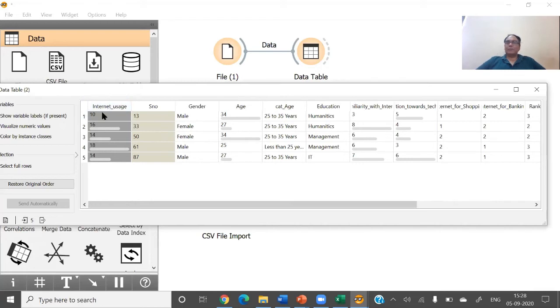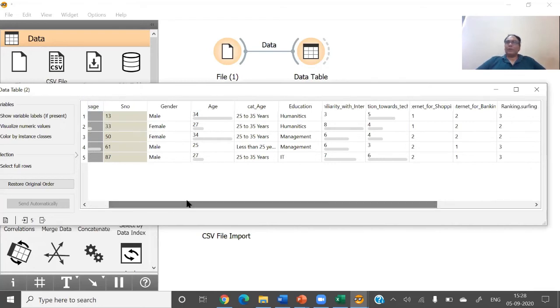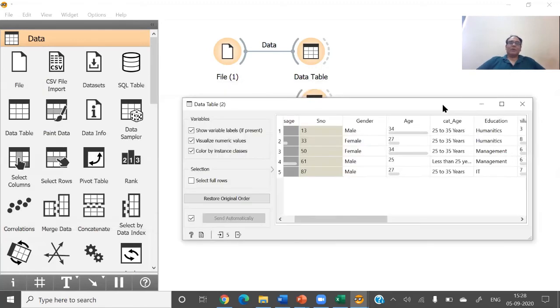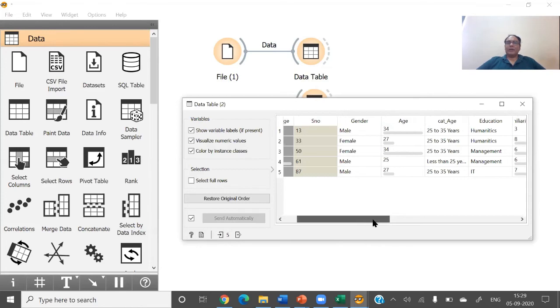Okay, so according to the algorithm of the software, these 5 people are the outliers. We have to understand why they are outliers. Maybe the age is the highest. It may be one of the reasons. This person is an outlier, 34, maybe because of age, and maybe because of the income.